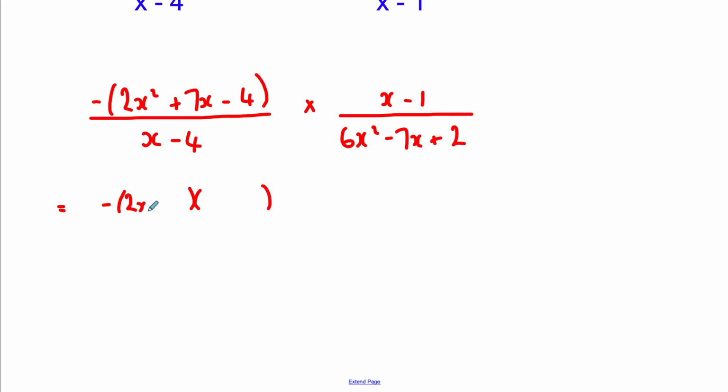I've got a 2x and an x. Again, I can use the fact that this is an odd number to tell me that I can't have a 2 and a 2 here. It's going to have to be the 4 and the 1. The 4 can't go here, otherwise there would be a common factor of 2 throughout. So the 4 has to go there, 1 has to go there. And in order to make positive 7x, I'm going to need a plus 4 and a minus 1. Times by x minus 1 over,